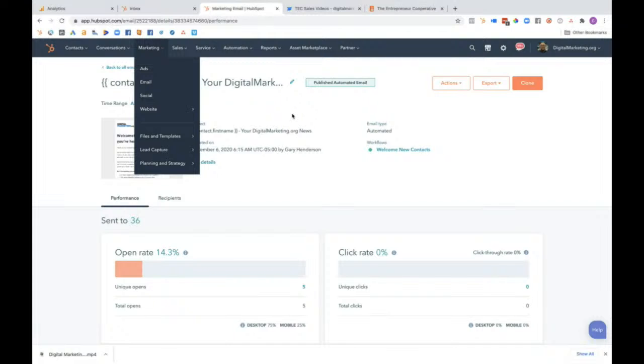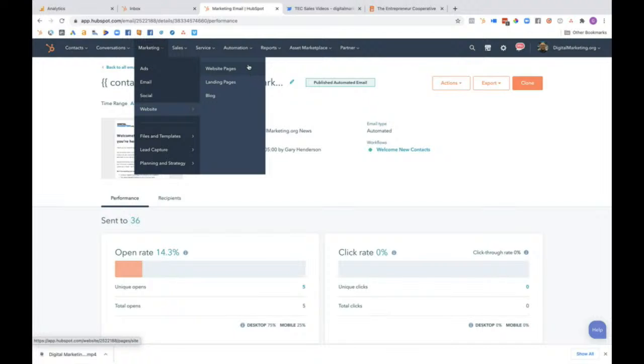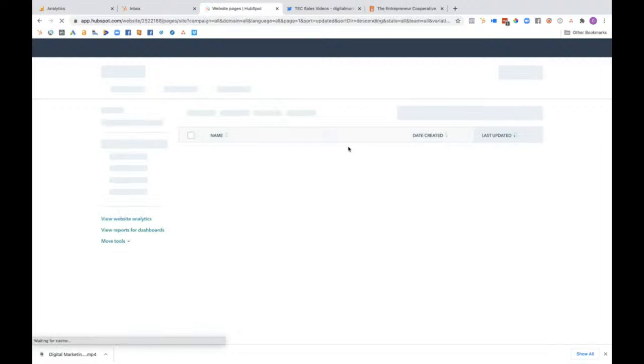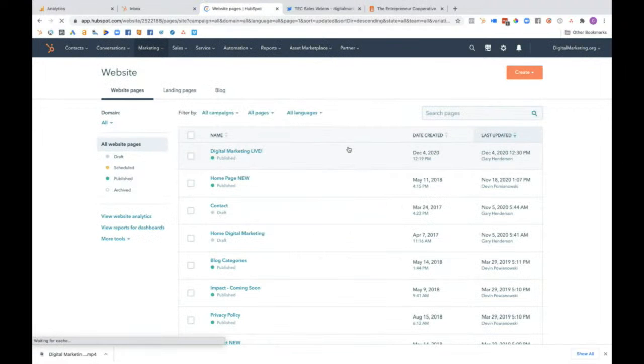Get it updated later. So let's get in. Let's go build a page. So this is HubSpot. It's what we use for our website. A lot of our stuff, and then you'll see